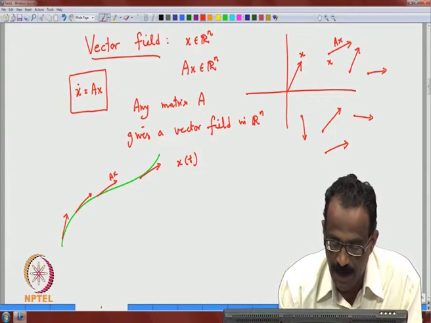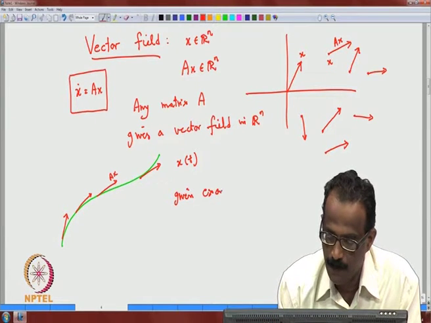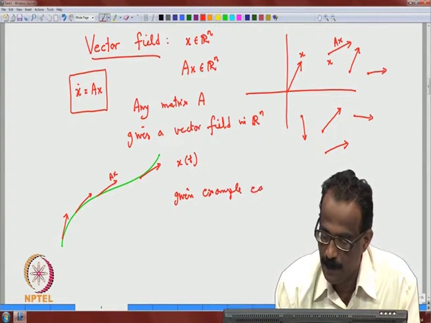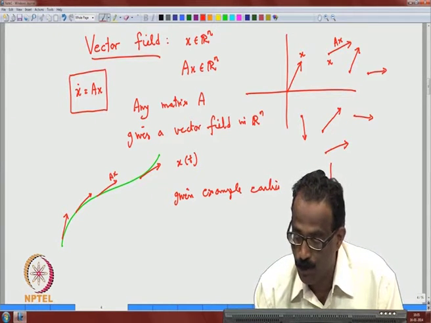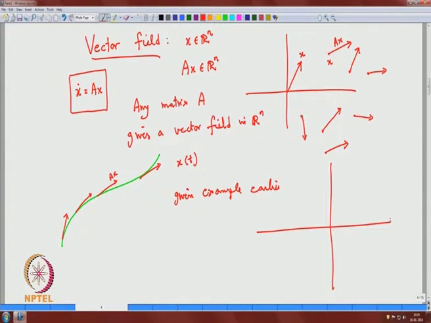So, for the given example earlier, if you try to plot your vector field, you already know the trajectory. So, your vector field will be like this. If you plot your vector field, it will be something like that. If you get all your vector field like this, this is your vector field associated. So, if you plot it here,